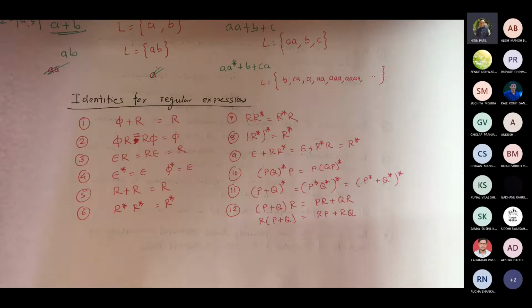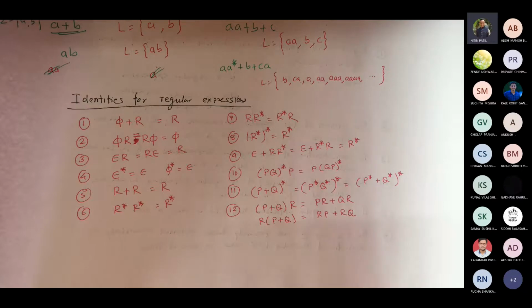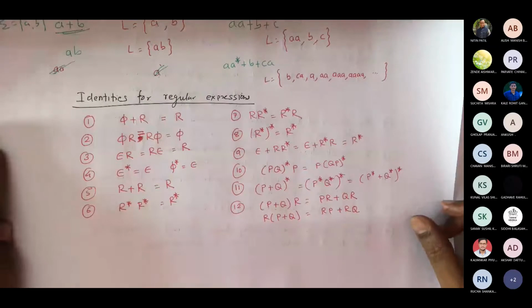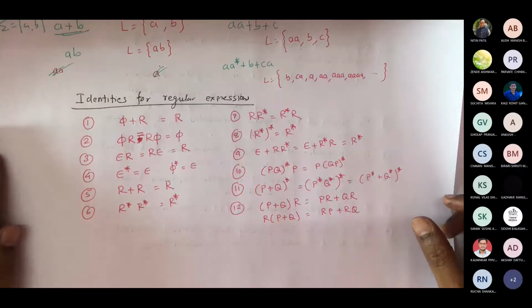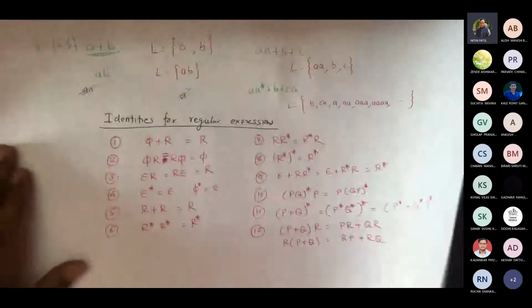So we saw now regular expressions and the identities for regular expressions. Now let us move further and really work out where exactly these properties can be used. Before that, I would like to show you how to convert a regular expression to an NFA, or generally, I should say finite automata. I assume now all 12 properties are clear to you. So let us work out one by one.